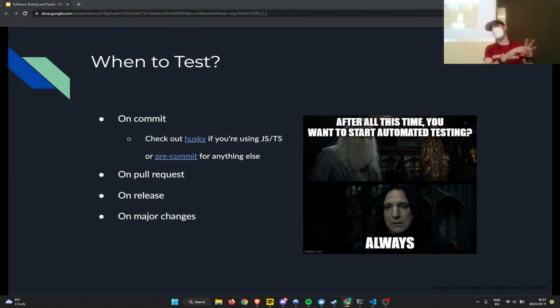If you're not in the JavaScript TypeScript community, I like pre-commit. It's written in Python, but that doesn't really matter. You can run it with anything. It has just a basic YAML configuration file where you can say, hey, run all these things. It also has other nifty stuff you can do, like automatically running linting, automatically doing builds and all that kind of stuff, whatever you want to do. It just runs scripts.